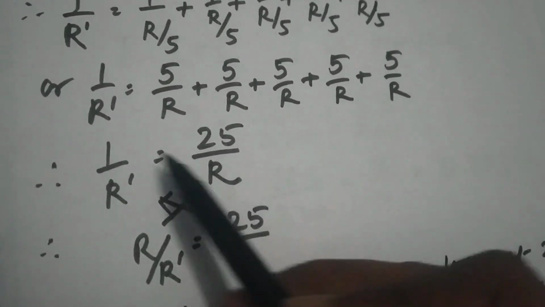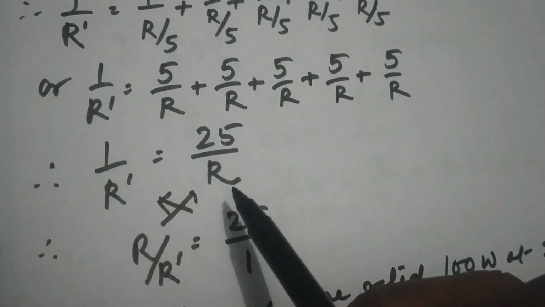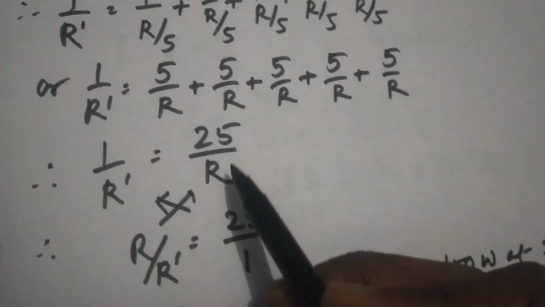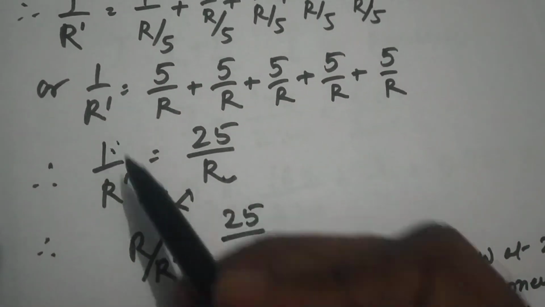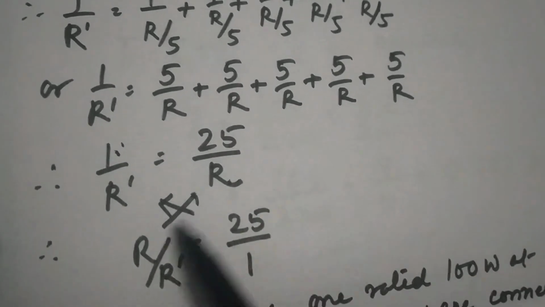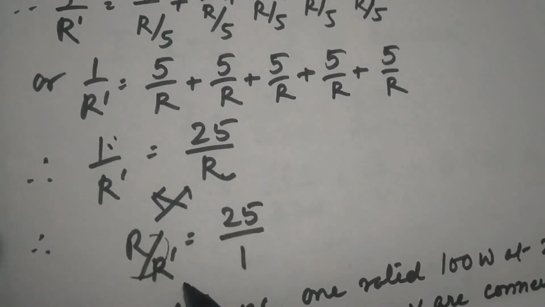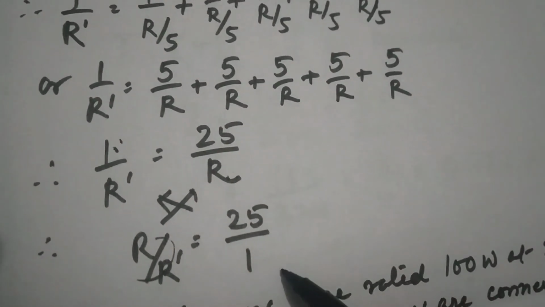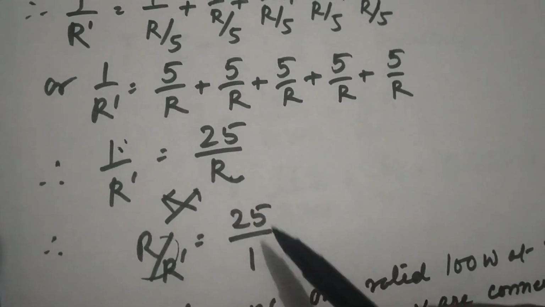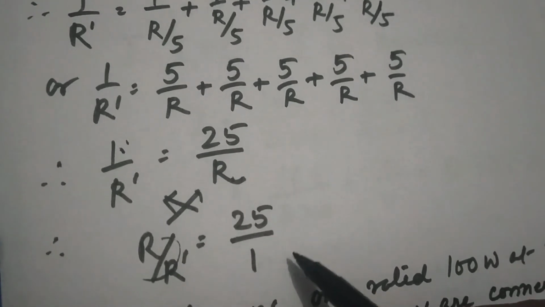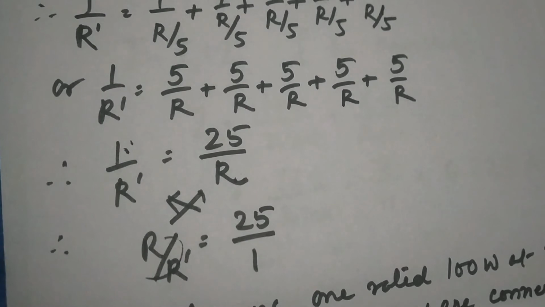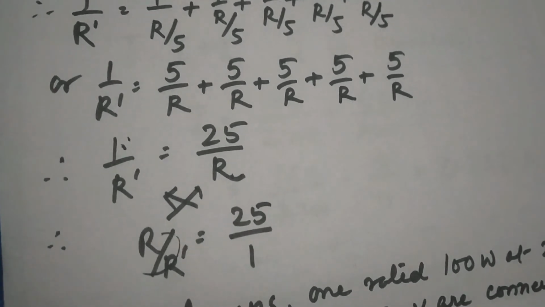We are now doing a cross multiplication. If you do the cross multiplication, the value becomes R upon R dash, which is what we are supposed to find out. So this R will go here, and it becomes R upon R dash equals 25 upon 1. It means we are supposed to find the ratio of the original resistance upon the new resistance, which comes to be 25 upon 1. So your answer for this question is 25:1. I hope this question is clear to you. Watch it at least 2 or 3 times, you will understand more clearly, and try to do all these questions on your own.